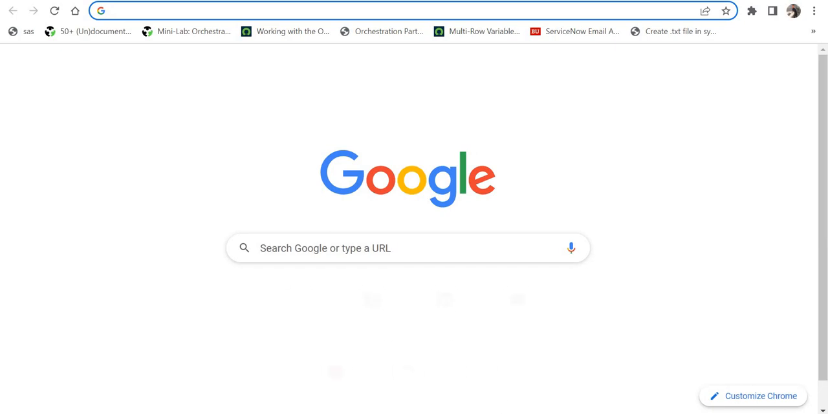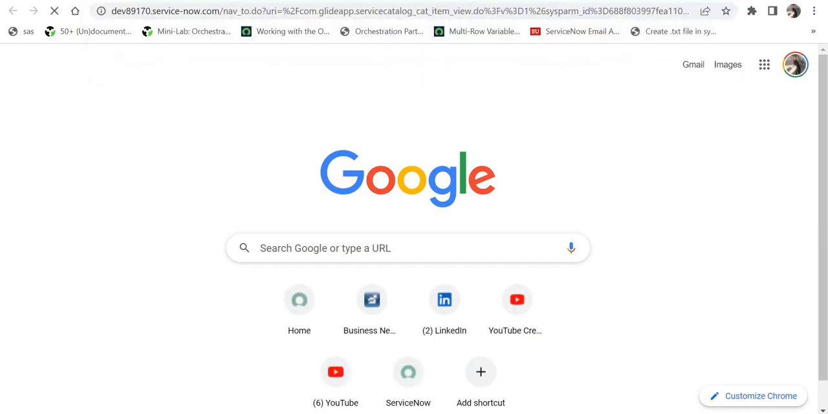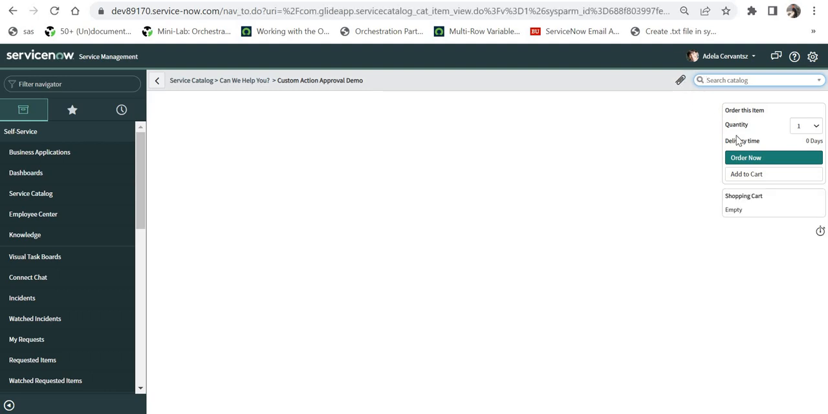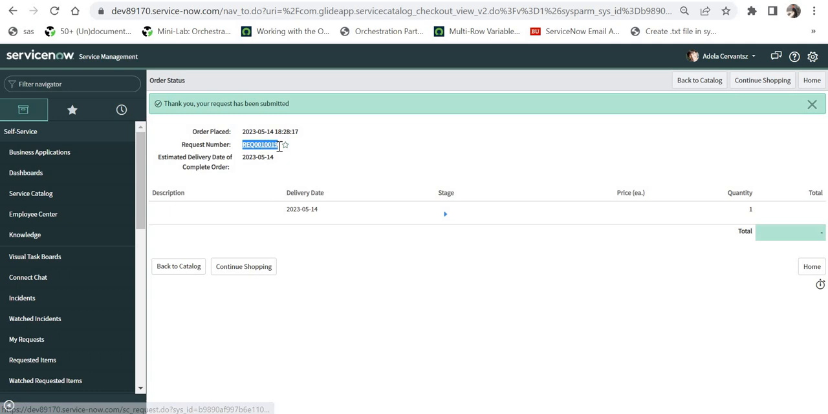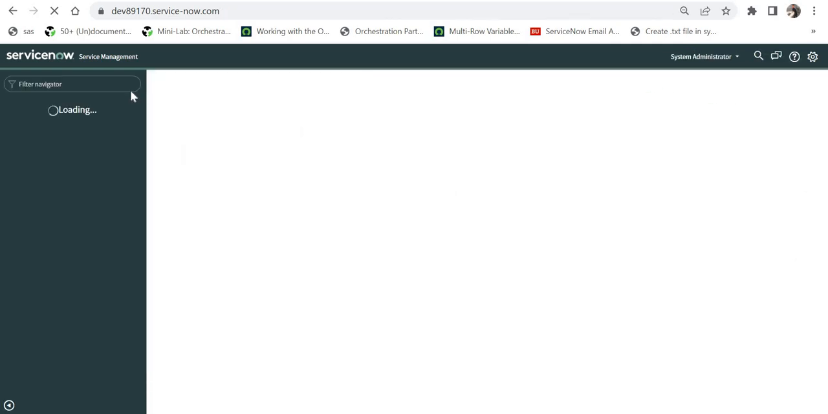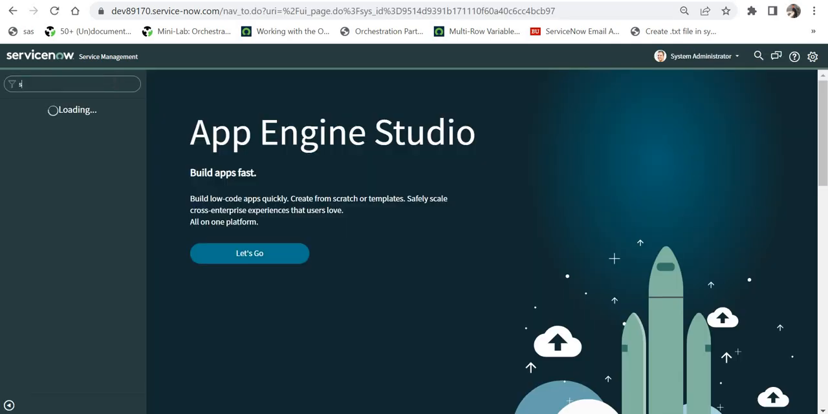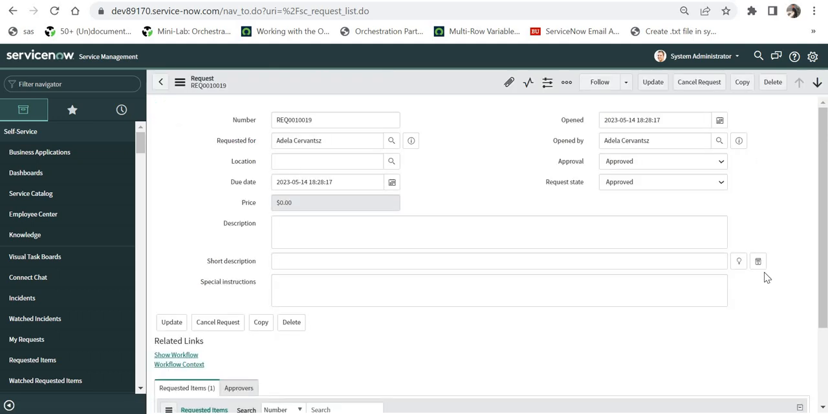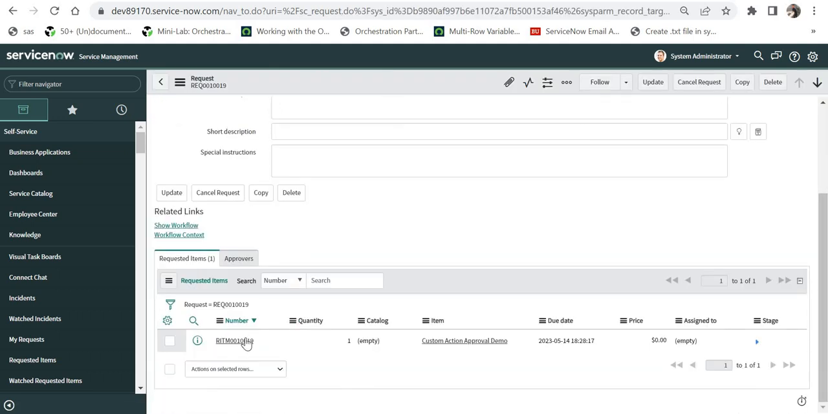So I am now logged in as Adla. I will open a new tab and paste the URL of the catalog item here, and I will click on order now, and I will copy and paste this request ID, and I will end the impersonation, and I will go to the request table and search for the request which was just created. So this is the latest one which was created, and I will go to the RITM,